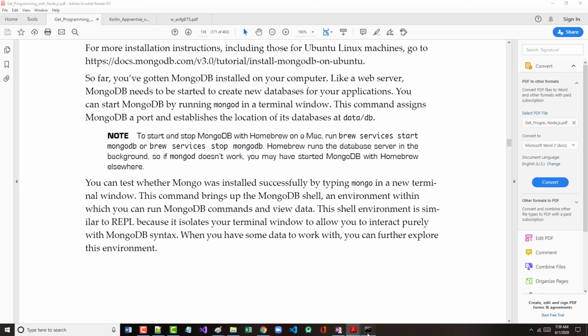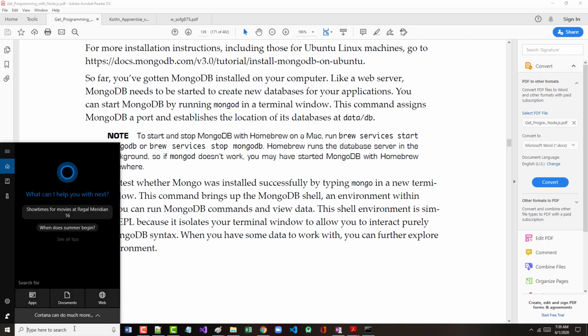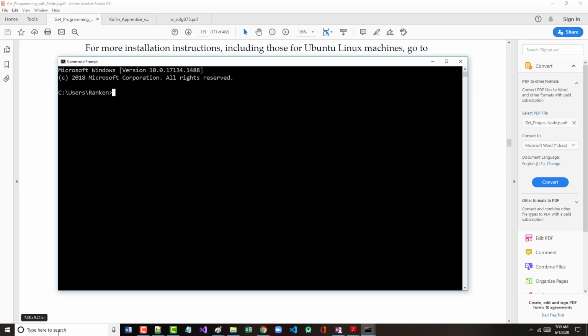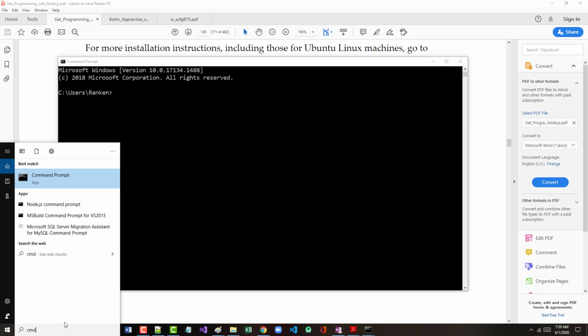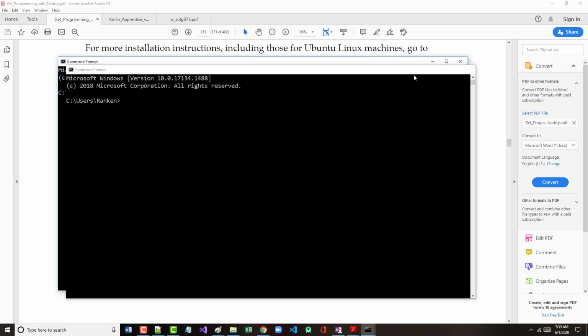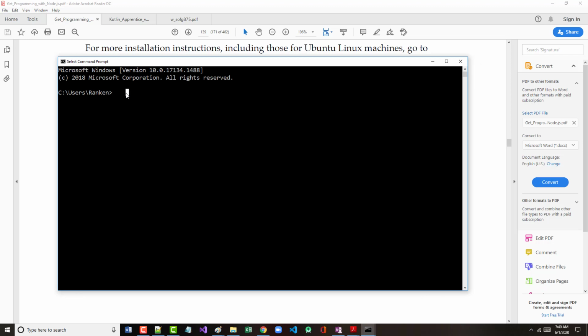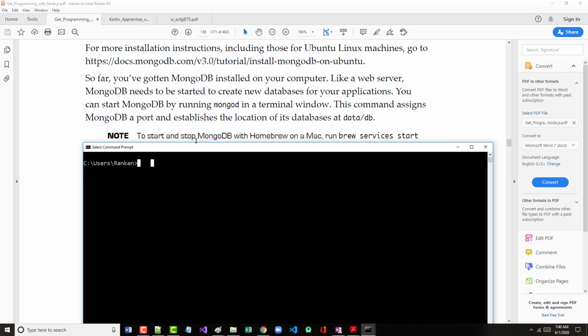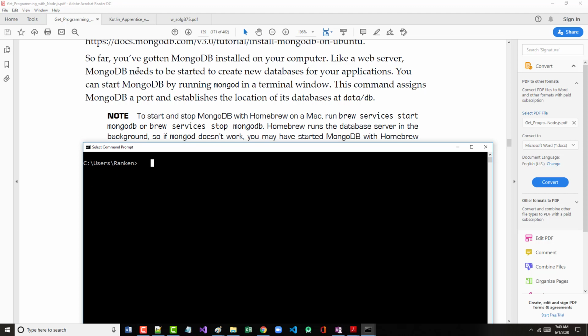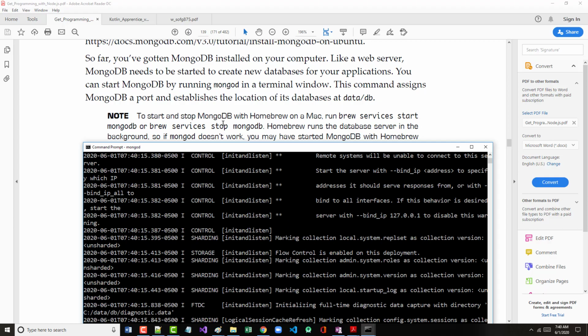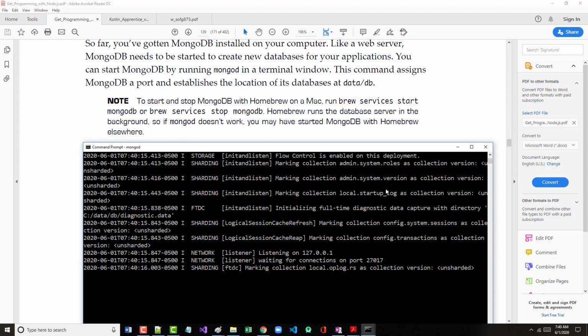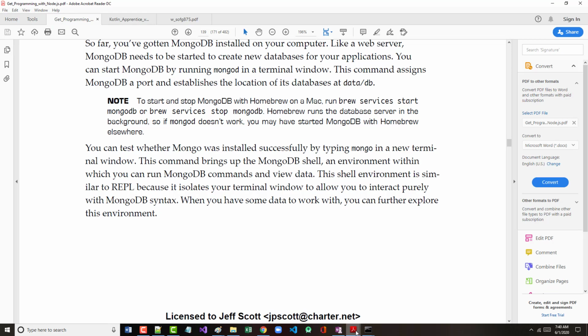So first, I'm going to keep this one open, but I'm going to start up two different things here. So here's CMD, and here is CMD. Now, if this first one works, if I type in MongoD at a terminal window like this, so MongoD, and you'll notice, boom, it's going through and it's running. Well, that's good. And I'm going to keep that up and running, and I'm going to bring up the other one here,